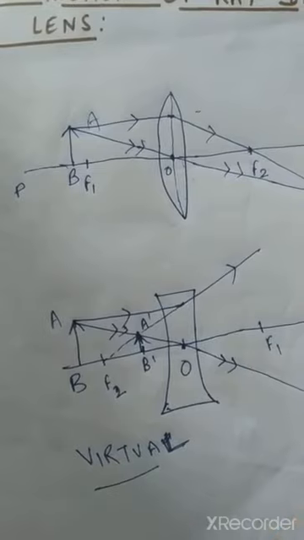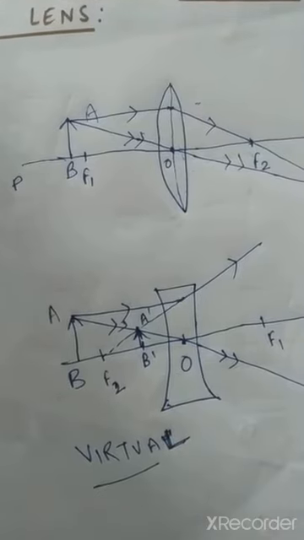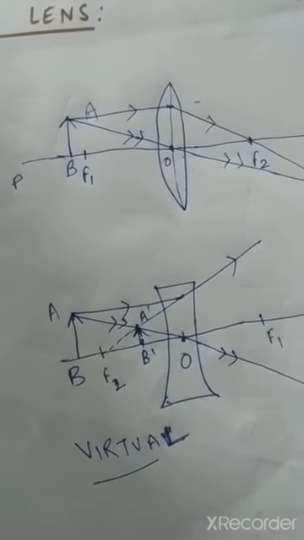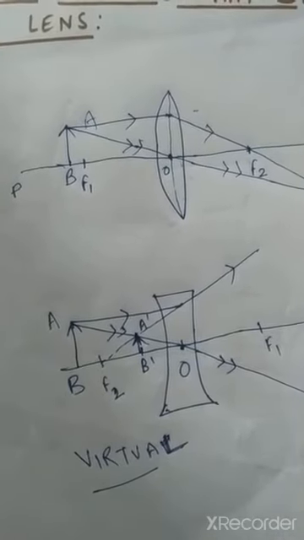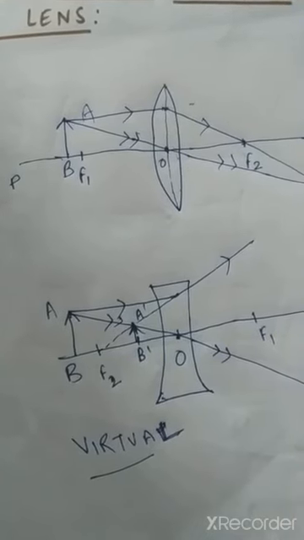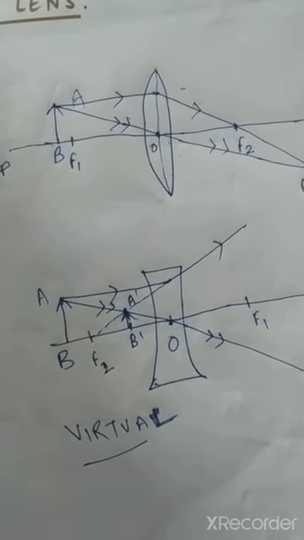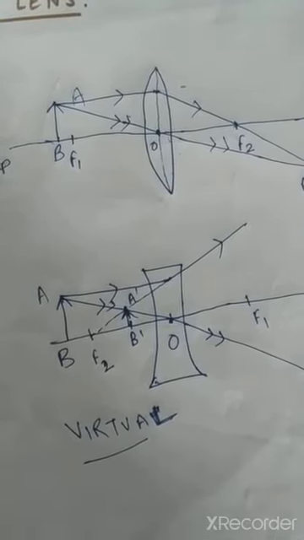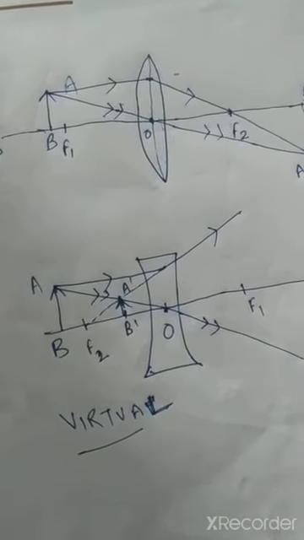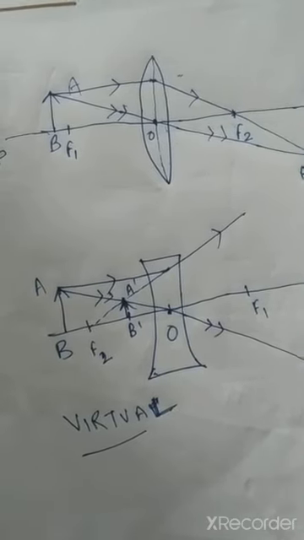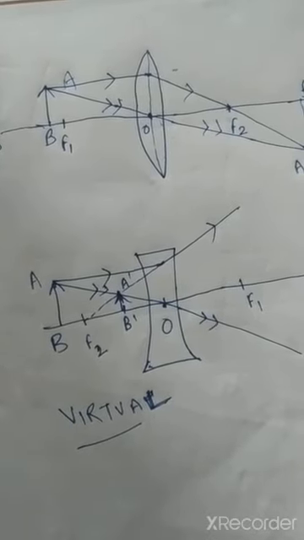If you keep in mind these points, you will make the ray diagrams very easily, and very easily you will score 3 marks, because definitely one question of this kind will be asked in your board examination, and it will be asked for 3 marks. You will be given a ray diagram to draw and then to write the characteristics of the image, in terms of whether the image is real or virtual, inverted or erect, magnified or diminished. So if you draw the diagram correctly, very easily you can score 3 marks, or it can be asked in 4 marks also. Sometimes it is asked in 3 marks and sometimes in 4 marks.